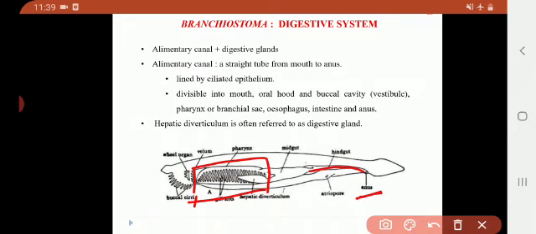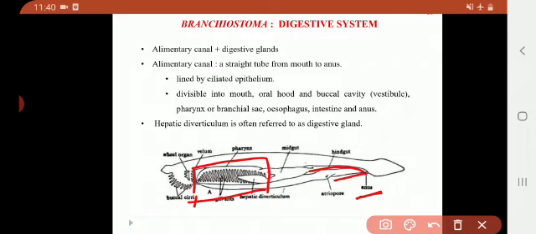And where is the anus placed? We saw in the last presentation that in the case of Branchiostoma, they have three openings, isn't it? Apart from the mouth and the anal opening, they have the atriopore as well, right? The atriopore is the opening for the atrium. Where is the atrium located? The atrium is located around the pharynx. Fine. So around the pharynx you can see the atrium, which opens out through the atriopore,